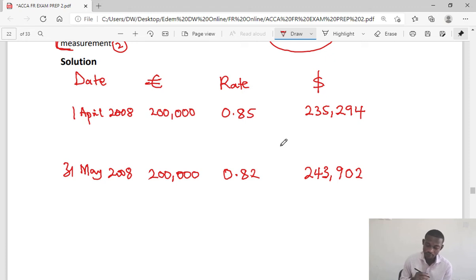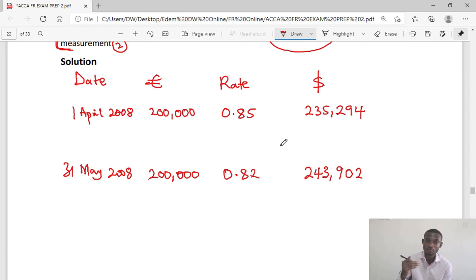Now we need to compare the two values on the date of transaction and also the date of settlement. Now you realize that this is a payable, it's a liability. So if the exchange rate